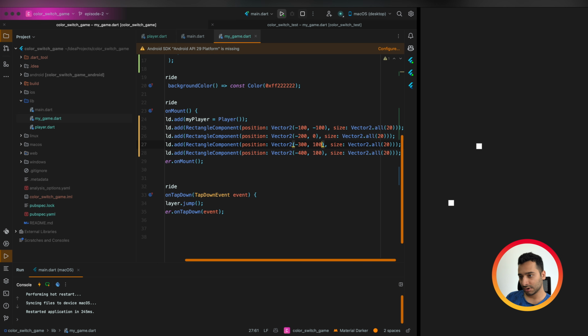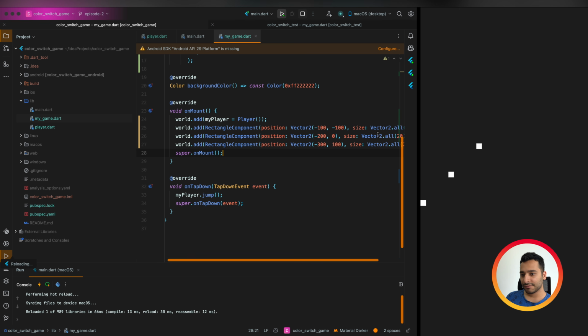Oh, sorry, like this. Okay. Now we have some components which do not move through the game. Only our player moves, and in this way we can realize how camera works.